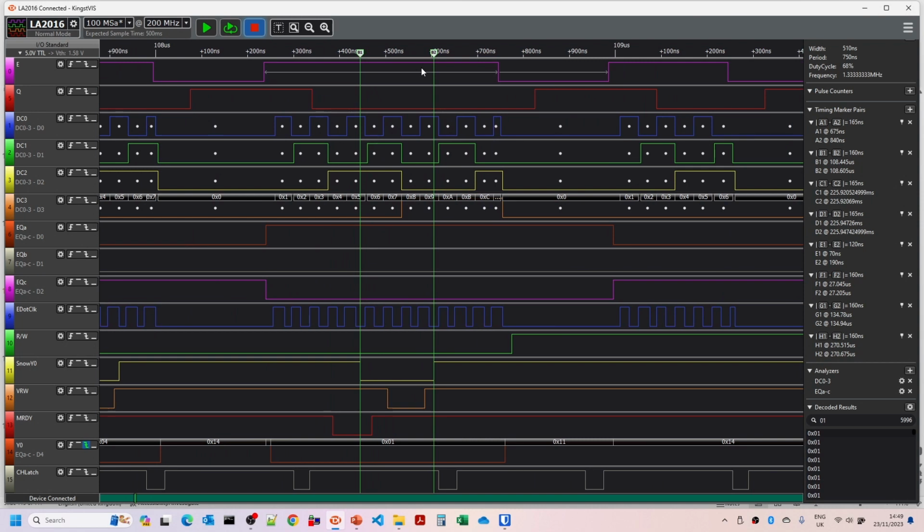Now when I was playing around with the cycle stretching circuit, I wasn't able to get it to extend just by one 8 megahertz clock cycle. It seems to be going 2 clock cycles, 250 nanoseconds. I haven't spent too much time trying to get to the bottom of that. So where we have the MRDY signals, it doesn't really seem to matter too much whether or not it's the narrow one or the wider one. We still get the 250 nanoseconds extra clock. So it's sufficient for what we need.